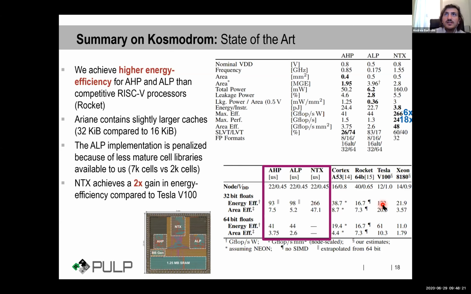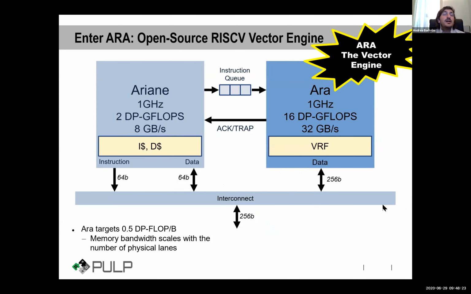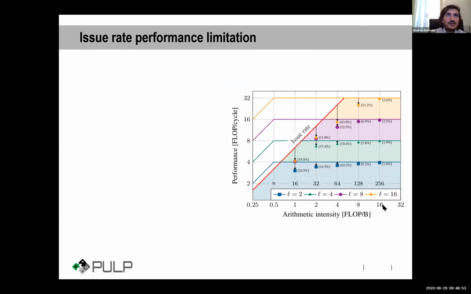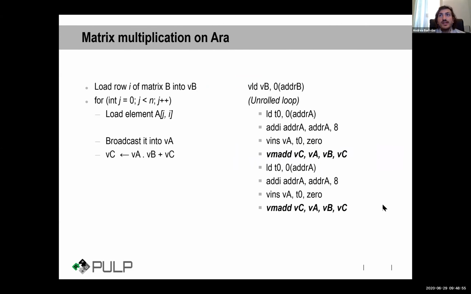An answer for that is ARA, which is an open source RISC-V vector engine, which can be tightly coupled to Ariane, and it's been designed for a target of 0.5 double precision floating point operations per byte computational intensity. But the computational capability can be configured by increasing the number of lanes of the ARA vector processor. If you look at a matrix multiplication kernel done with ARA,